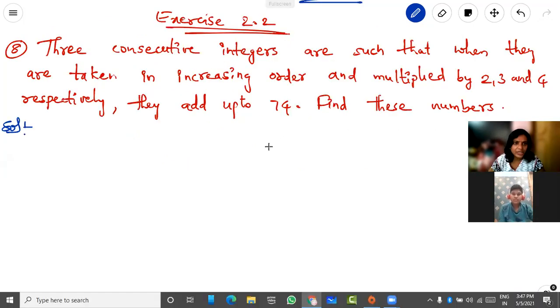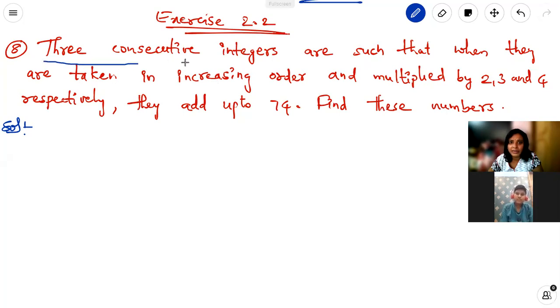Exercise 2.2, continuation of the problem. Eighth one. Three consecutive integers are such that when they are taken in increasing order and multiplied by 2, 3, and 4 respectively, they add up to 74. Find these numbers. Okay. Here, if they are giving the consecutive integers relation, immediately we can take, let the consecutive integers be